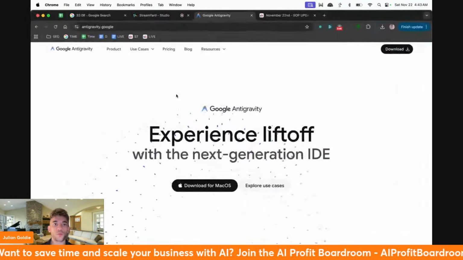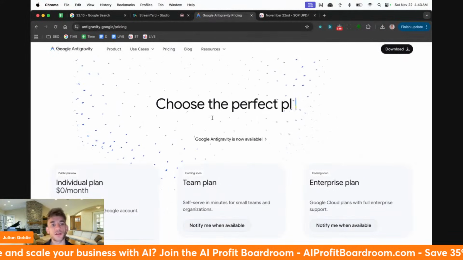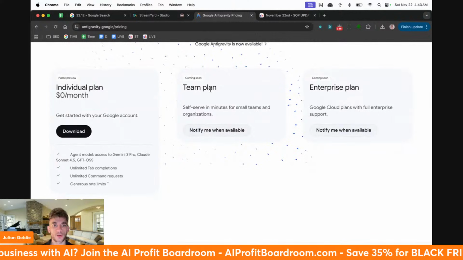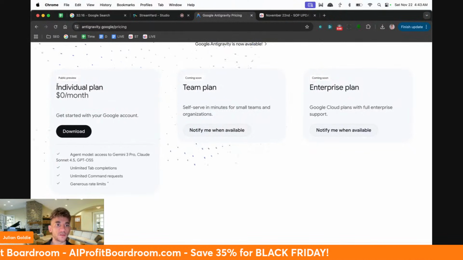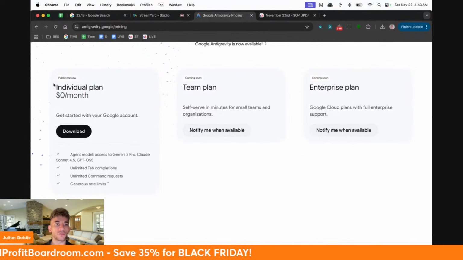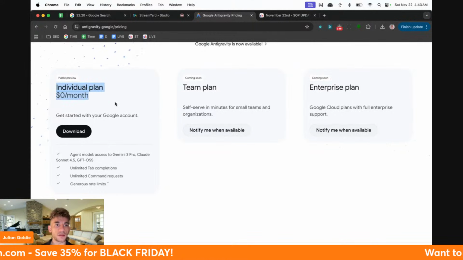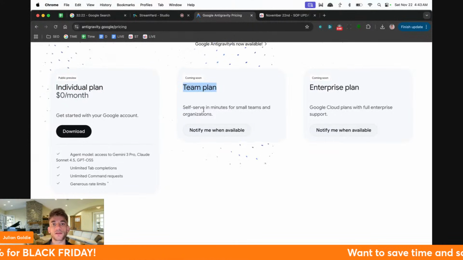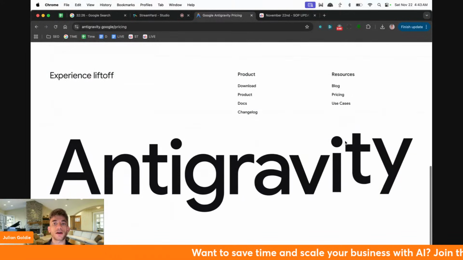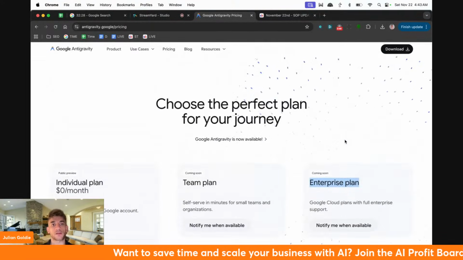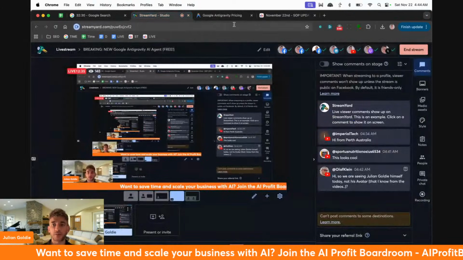If you want to bypass all limits, there is a paid plan, I believe. But I've not seen, actually, it's not available yet. You can see here, so it is only free. You can only use a free plan, right? It says individual plan, $0 per month, team plan, notify when available, and enterprise plan is coming soon. But right now, there is no paid plan. So it is 100% free before,